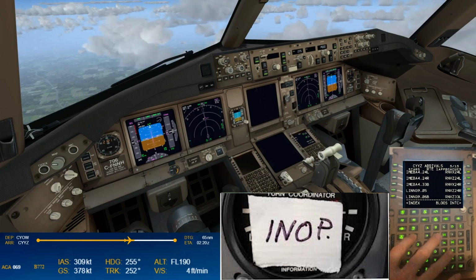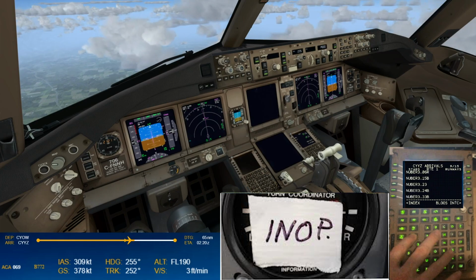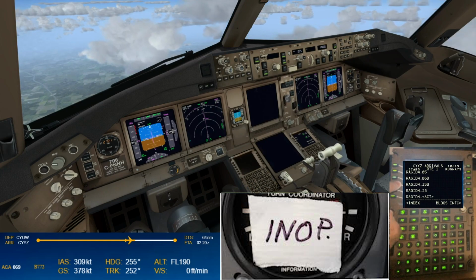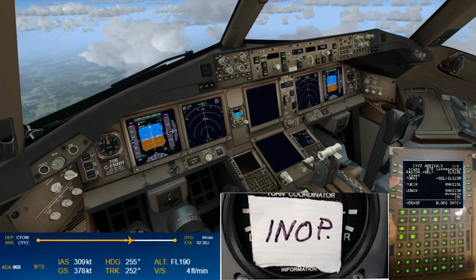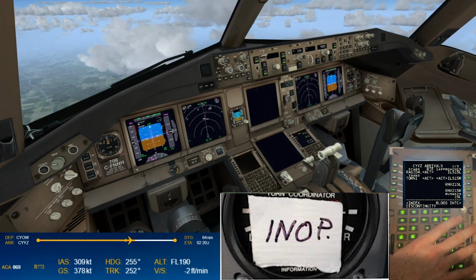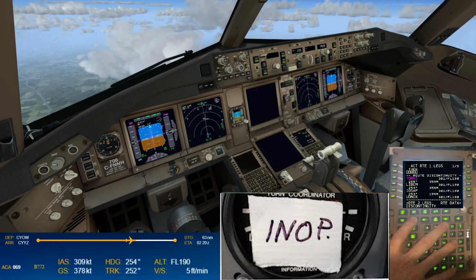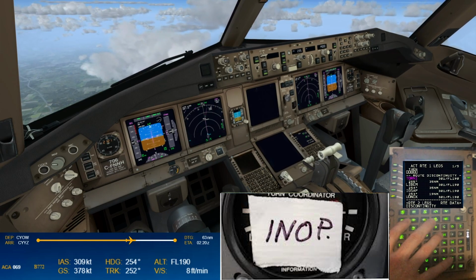What are we on? We are on the Ragged 4. All right, we'll go 15 Bravo, 20 transition. Execute. I know there's a discontinuity, so I got to go to my legs page. And it's still going to be,